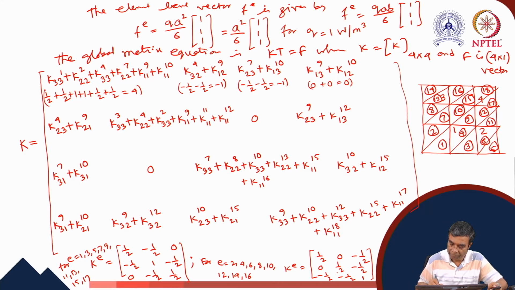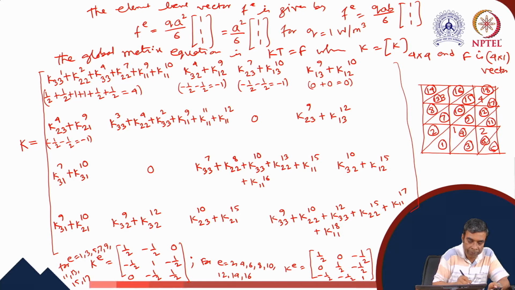K234. So K234 is minus half. So this is minus half. And K219. K219 is also minus half. So this is minus 1. Then we have